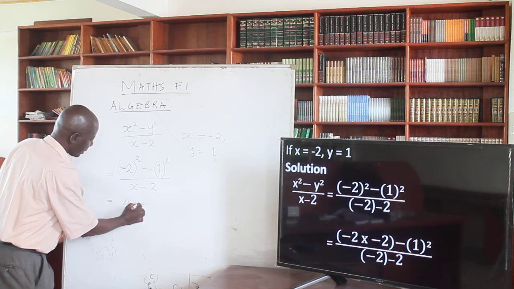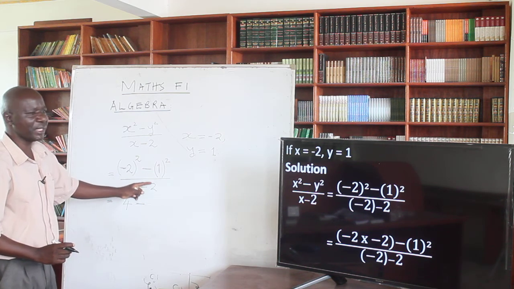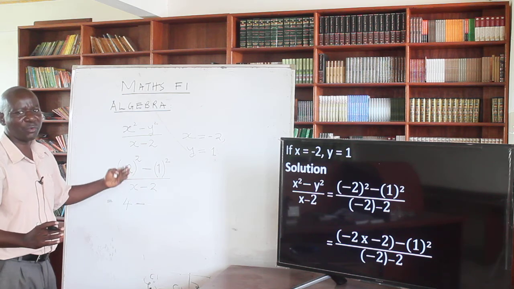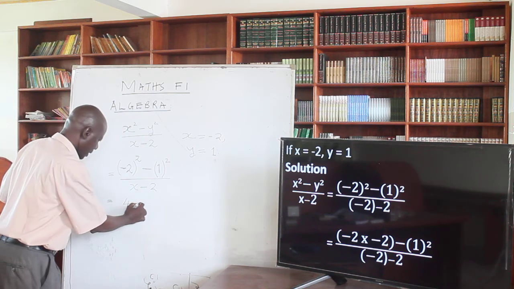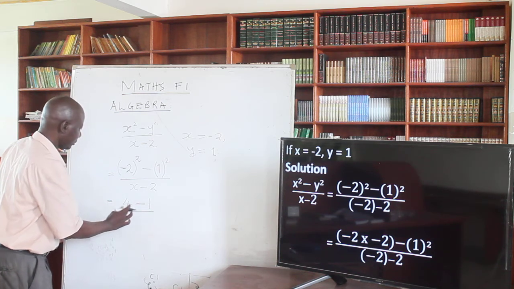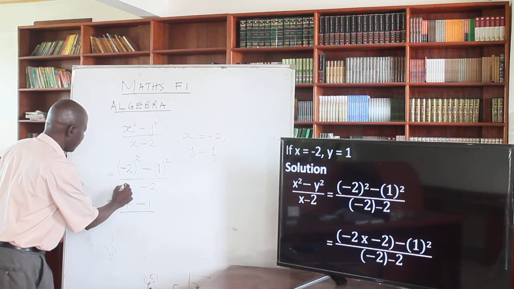Then 1 squared means 1 multiplied by 1. 1 times 1 is still 1. So minus 1. Then divide by the denominator, where we have x, whose specific value is